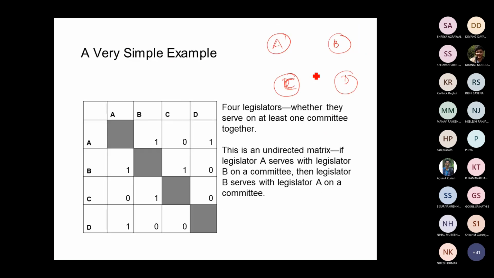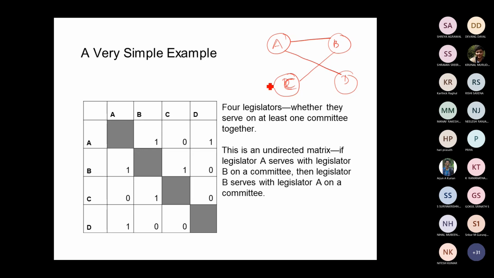Okay, we have this. See, A to B, there is a connection. A to D, there is a connection. B to A. Since it is undirected, we don't want to go back again. B to C, connection. And then C to B, there is a connection, already there. D to A, there is a connection. So this is the given connections in an undirected graph.